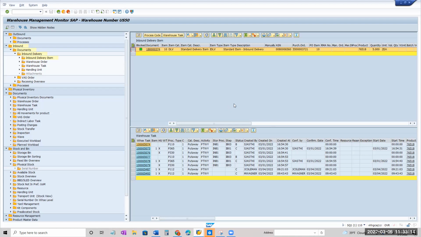One doubt. IB02 is a deconsolidation step, right? Correct. Once you perform GR and then move the HU or a product to the deconsolidation work center, the HU step must be completed there. Are you completing that HU process step? Yeah. Even then the step is not populated as IB02? Not at all. Directly it is creating a task.